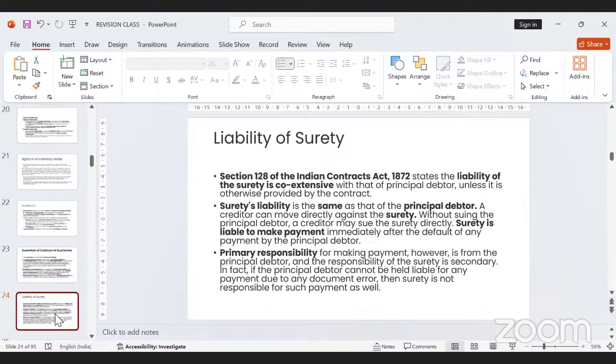The creditor first has to demand money from the principal debtor, and has to use every possible means to get the payment from the principal debtor. Only when that is not possible, only when the bank, in this case, has taken all the reasonable steps to take money from the principal debtor and the payment is still not done, only then the surety comes into the picture. So it is not like, for example, the principal debtor is not lifting my call, so I will trouble the surety. No, it is not like that.